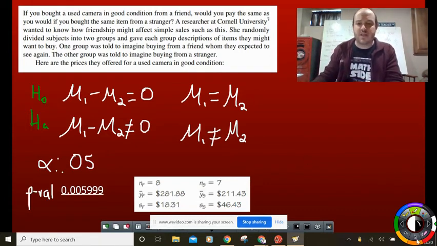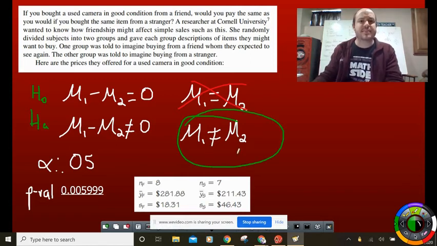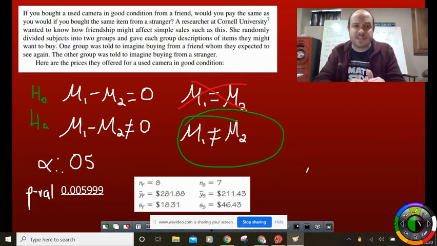So that means that we can go ahead and reject the null hypothesis, and we can move on to accept our alternative, that these two are not the same thing. So at the end of the day, how would I write a sentence for this? I would say something along the lines of, after looking at this information, there is enough evidence to reject the fact that someone would offer the same amount of money to a friend as opposed to a stranger. And in fact, we can accept that that would be a different value for the two groups, or something along